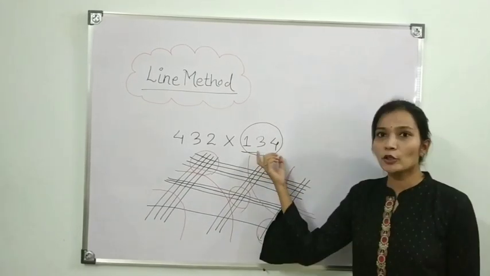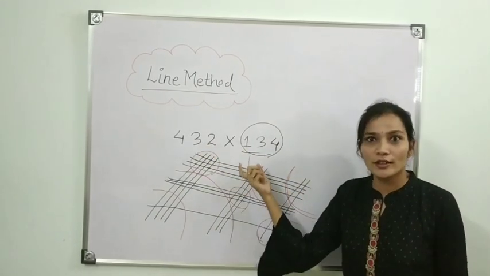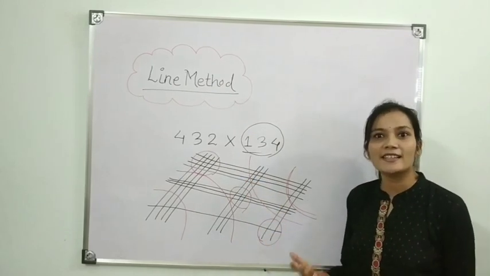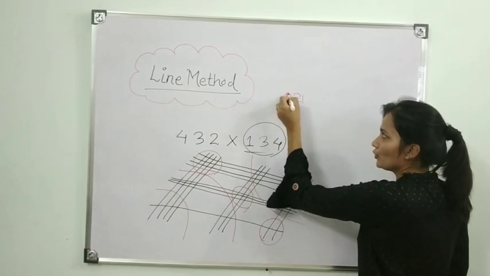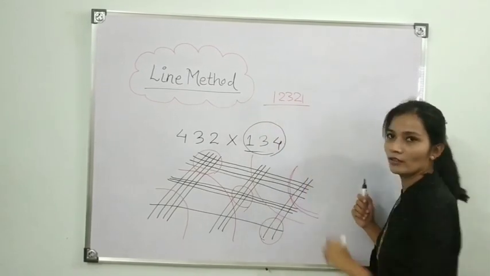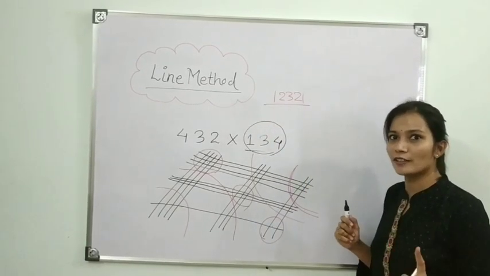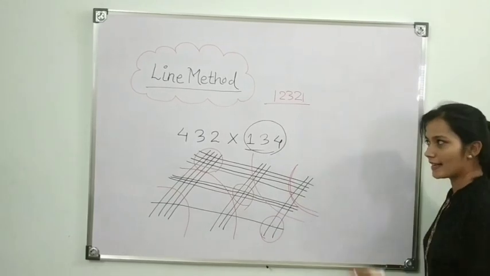Now let me know in the comment section, if there are 4-digit numbers, how many intersections will be there? Meaning for 3 digits we are getting 1, 2, 3, 2, 1 intersections. So for 4 digits how many will we get? Let me know.